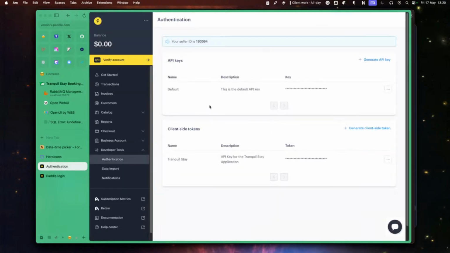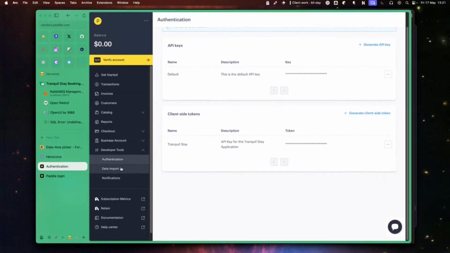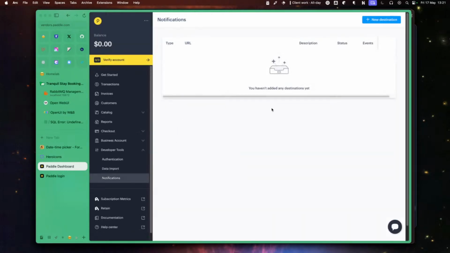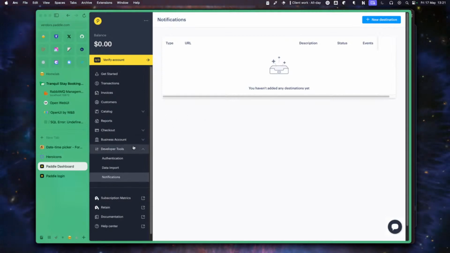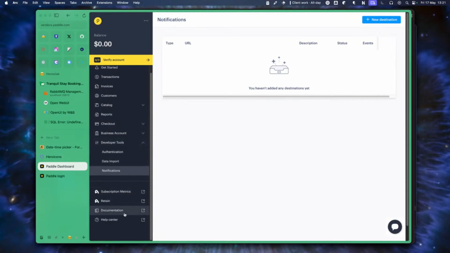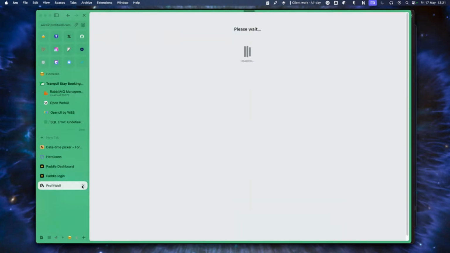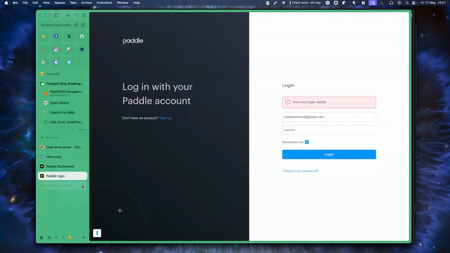So authentication, got that. Data import, don't need to import anything. Notifications, I haven't got anything that I need to do. What's that? What's retain? Something I don't need. Okay, so